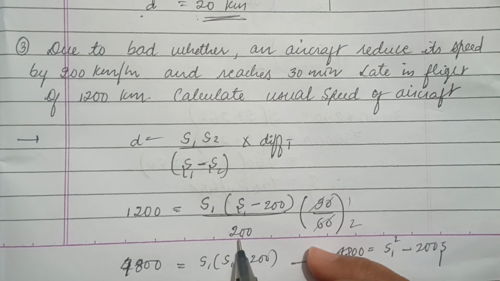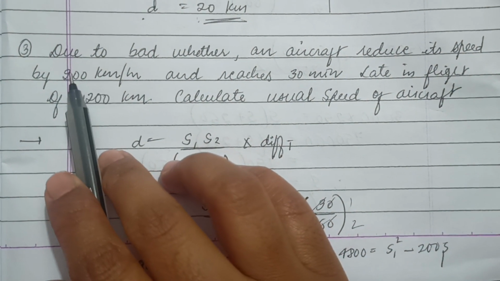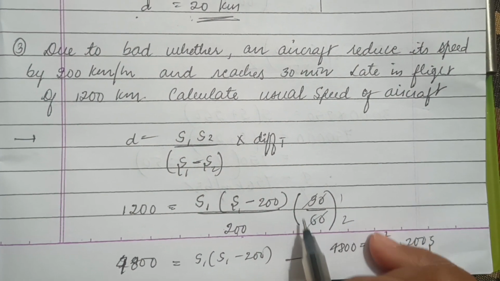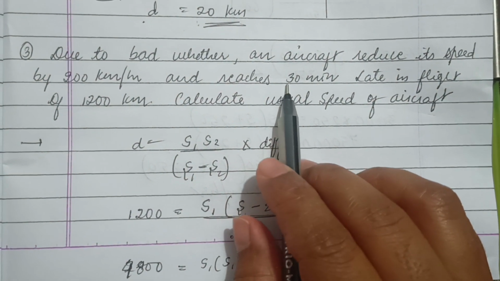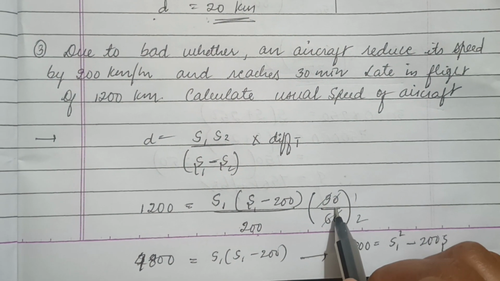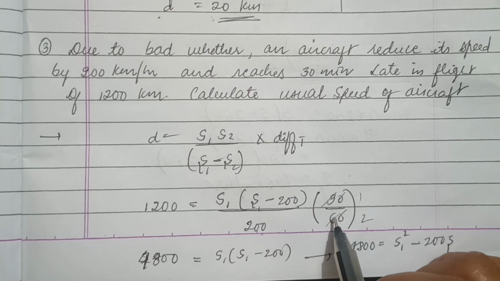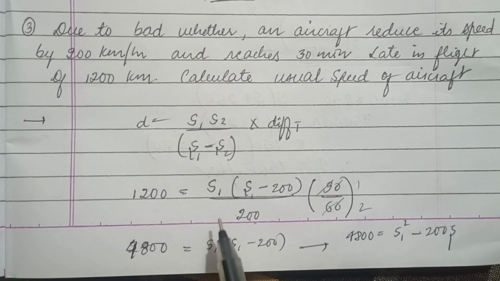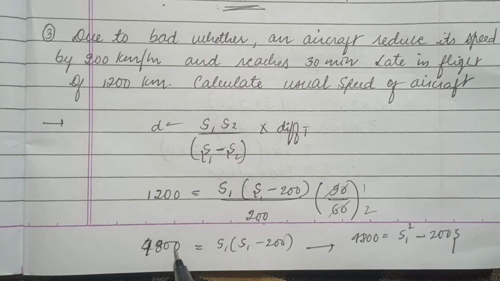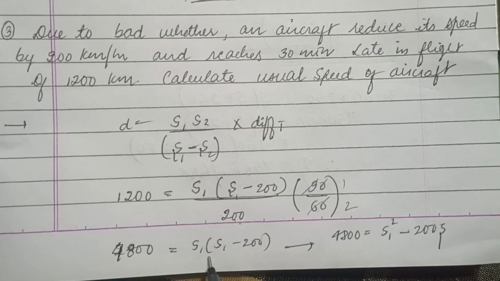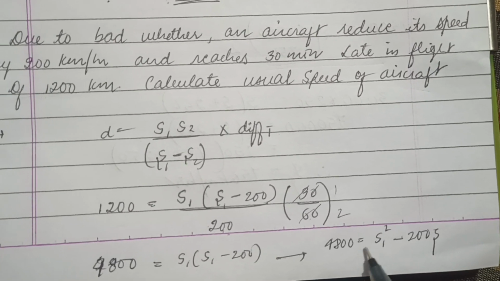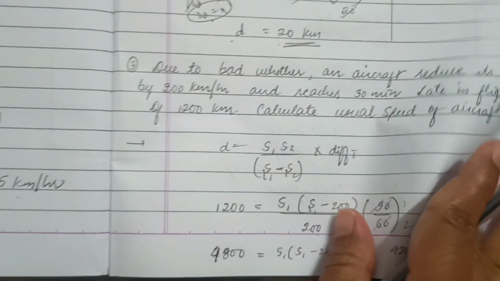Then divided by the difference in the speed, which they have already given directly, that is 200, and I'm going to multiply this with the difference in time, which is 30 minutes. Okay, and I'm converting this to hours, so I'm dividing it by 60. Therefore 12 2s are 24 and 24 200s are 4800 will be equal to S1 into S1 minus 200, which implies it will give a quadratic equation,